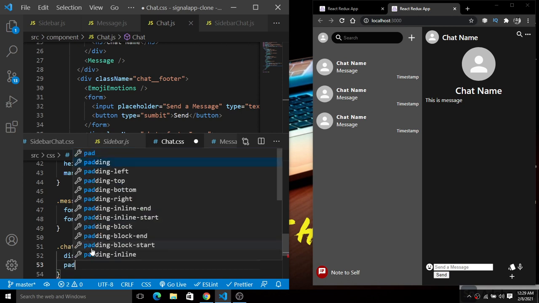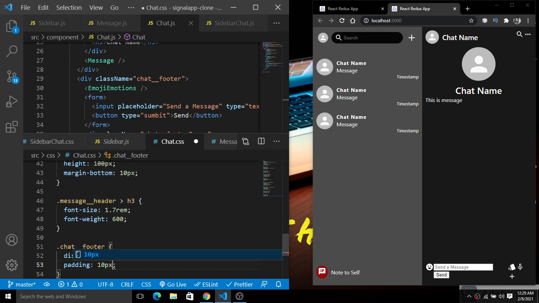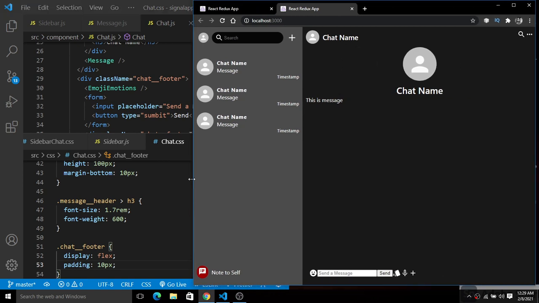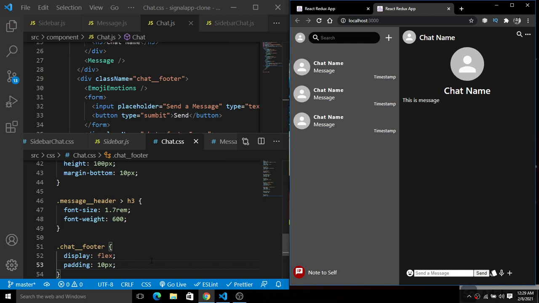So simply give the padding of 10 pixel from everywhere. Okay, so padding of 10 pixel. Fine. Next we have these things here. Let me make it bigger. Fine. So this is the exact way of doing this.